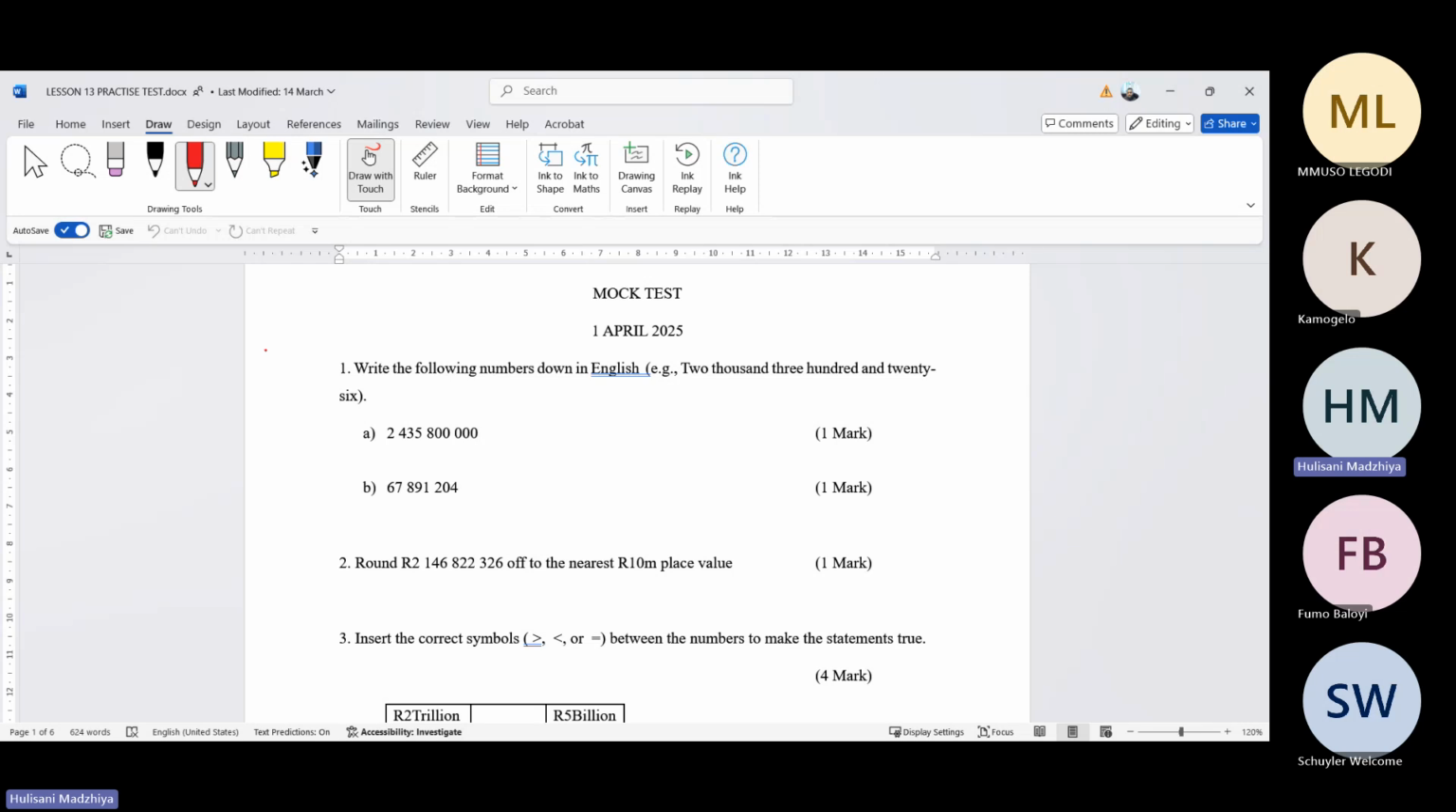For example, 2,326. So we are given the following number. In this number, we are required to write this number in words, which means that we need to identify the place value of each and every number. So over here we're sitting with thousand, over here we're sitting with million, over here we're sitting with billions. So this means that this number can be read as 2,435,800,000. So what you were required to complete over here is to say 2 billion